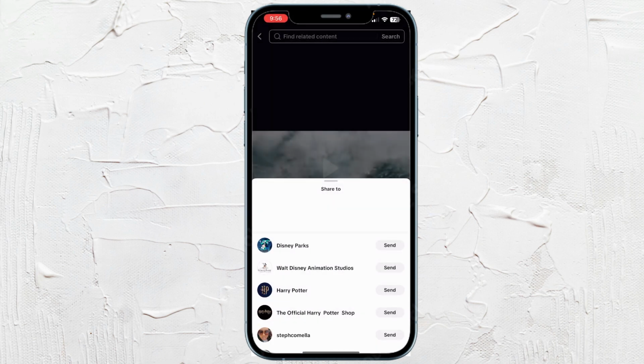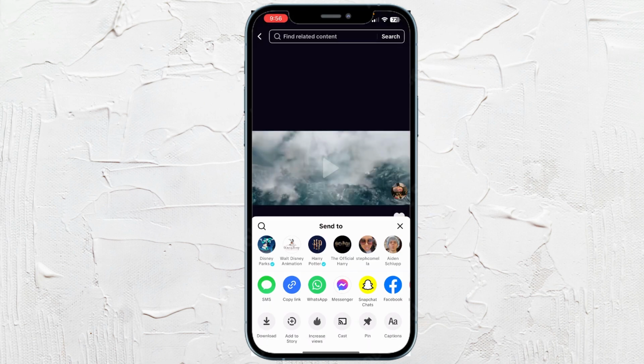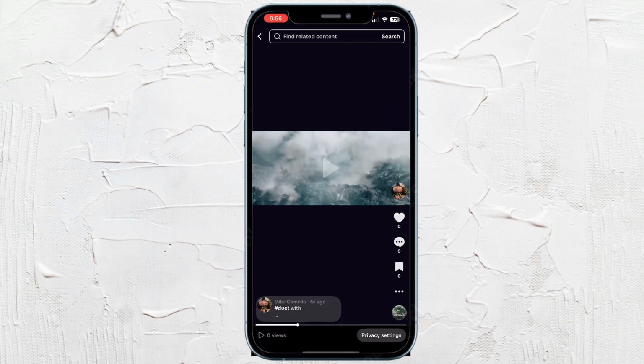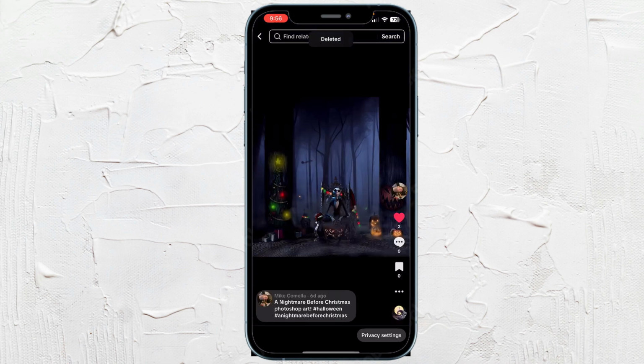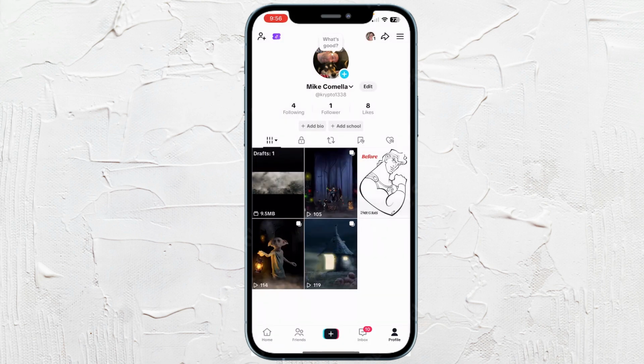And if you want to, go back to TikTok, go back to that post, and hit the three dots, and then swipe at the very bottom all the way over, and delete the post so that your profile doesn't have a post that you don't want on there. And that's it. That's how